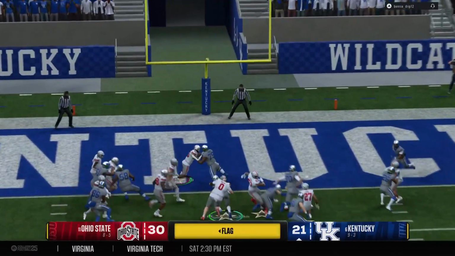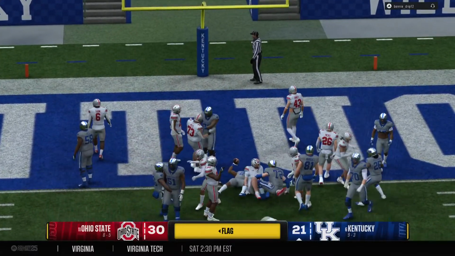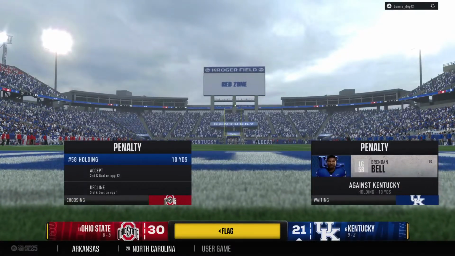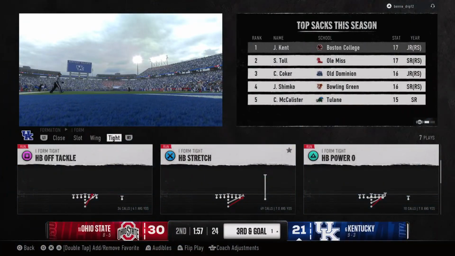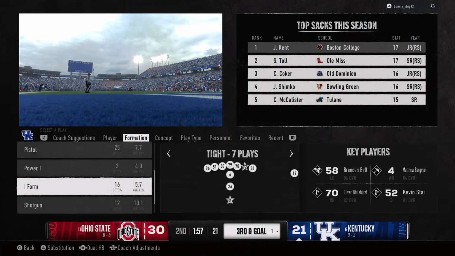Looking to score with a run to the right. Tackle made, but there's a flag down on the field. So that offensive penalty will be declined by the defense. They're happy to take the result of that play.